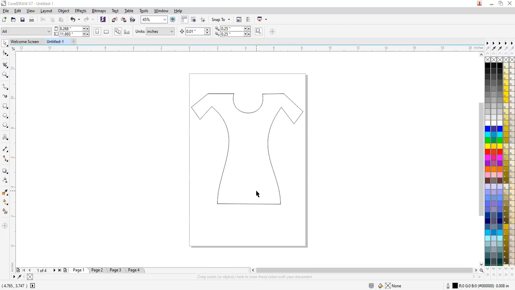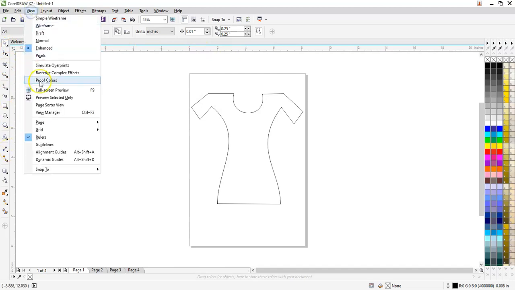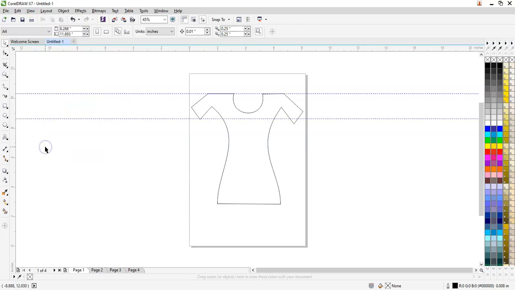So here I have just made a ready-made object over here. I will tell you how to measure first and then start with your colorization. To begin with, we have our ruler lines over here. If they are not there, then we can click on view and switch the ruler lines on and off from here. Now I will switch on the guidelines also so that they can help me with my measurement units. So I click the guidelines on.